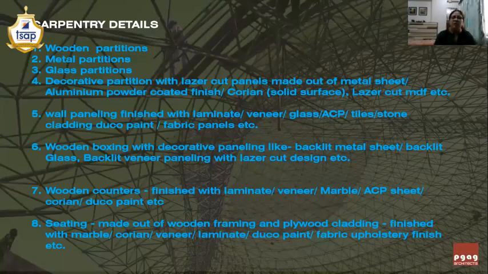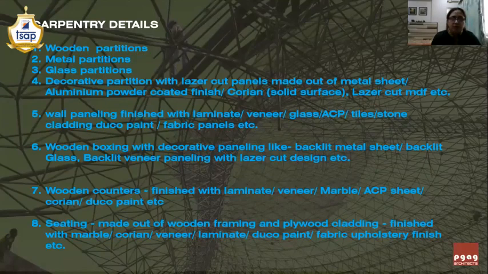If I'm using any ACP panels, then I need to write it. If I'm using Eurobond ACP panel, then the finish of the ACP panel, whether it is mirror finish or solid red color finish, and then the thickness of the ACP sheet, whether it is 3 mm or heavy duty 4 mm, I need to write that. Then how the joints between the veneer, the laminate or the ACP finish are to be finished also needs to be written.